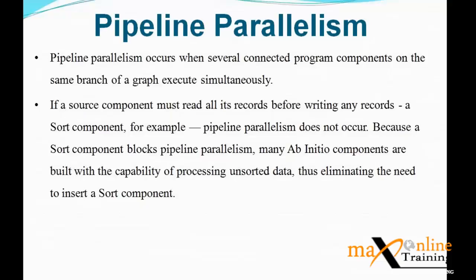If a source component must read all its records before writing any records, a sort component for example, pipeline parallelism doesn't occur. So